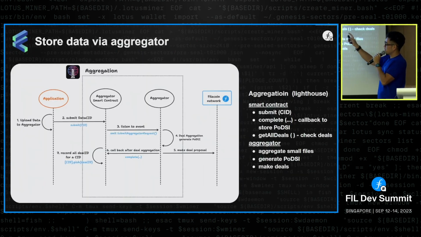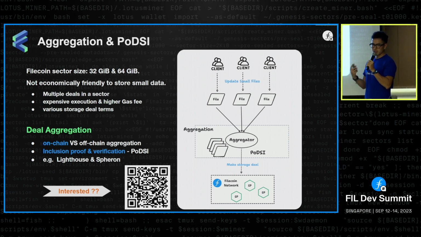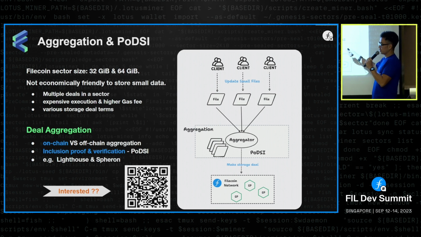Sorry, I think we want to give a little bit of an update about the aggregation. Something that the team is discussing right now is how decentralized it could be, right? Currently, we have Lighthouse, Web3 storage, and Savannah supporting us, but some of the processes are happening off-chain, which means we're relying on Lighthouse and Web3 storage for that. But what happens if those services shut down, or have some maintenance issue, and the clients will not be able to use it? So we want a fully decentralized solution that doesn't really rely on a central